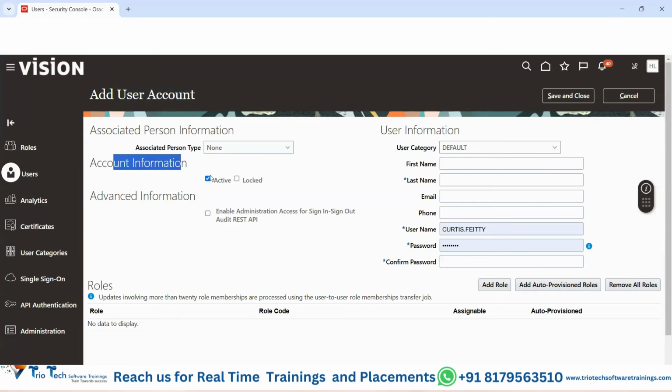Then account information, keep it active. If you're not selecting active and you are creating, it's useless. If the account is inactive, you cannot use those credentials. Keep it active. What is locked, I will tell in the next 10-15 minutes. Keep it open like that. So while you are creating the new user account, associated person type to be none, active, and then